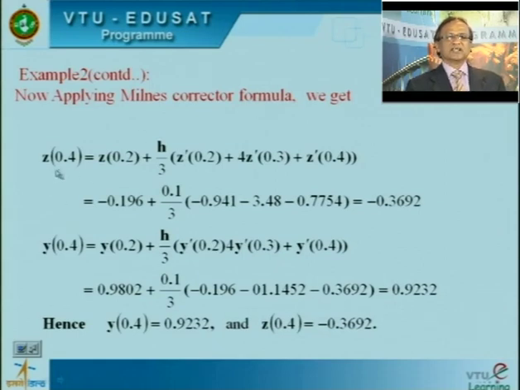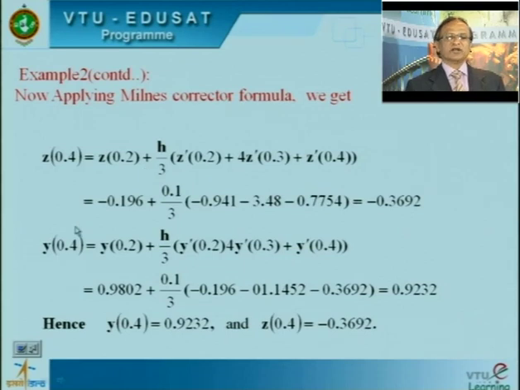Now exactly in a similar way we want to calculate Milne's corrector formula corresponding to z and y. So, z at 0.4 is the formula, z at 0.2 plus h by 3 into z single prime 0.2 plus 4 times of z single prime 0.3 plus z single prime 0.4. We have obtained all these numerical values, so I can substitute those numerical values in the formula and simplify. So, you will get minus times of